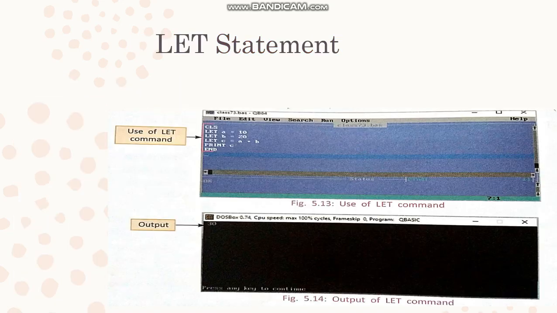The next one is the LET command. The LET command is also called the assignment statement because it assigns a value to a variable. You can assign a numeric variable or a string variable. For example, CLS clears the output screen.